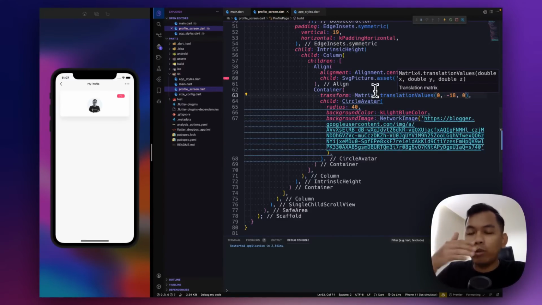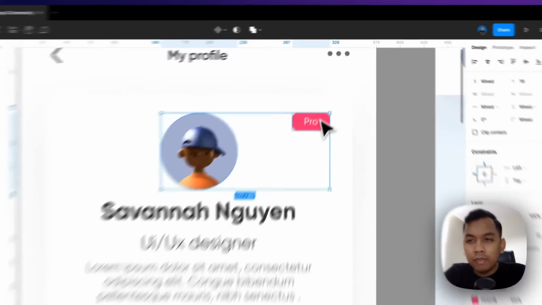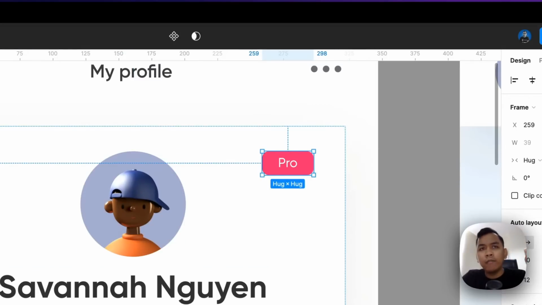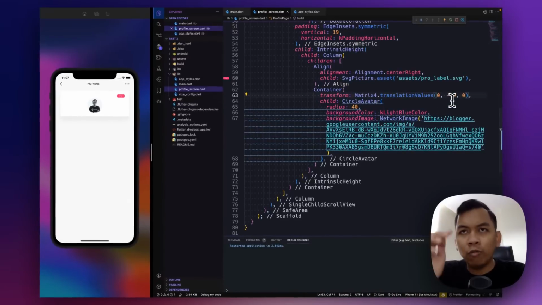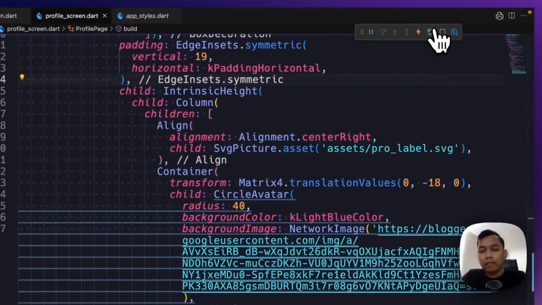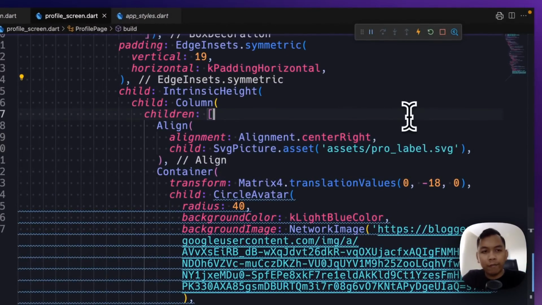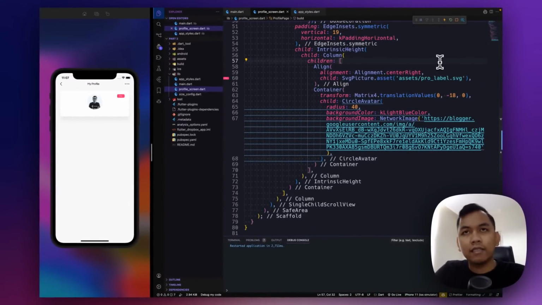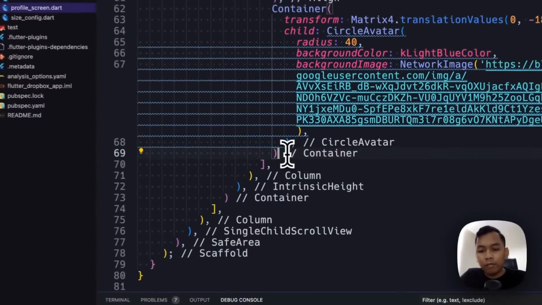It means it will push or translate the image to the top, because the pro label has 18 for the height, so we can set the y value exactly the same as the pro label height. When we save, it will push the image. Yes, that's right. The problem is solved.